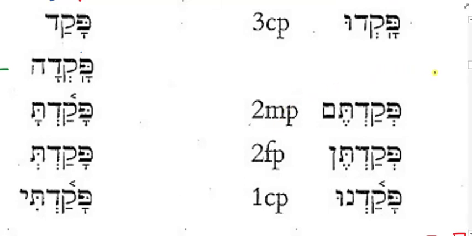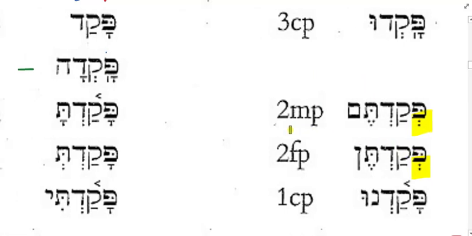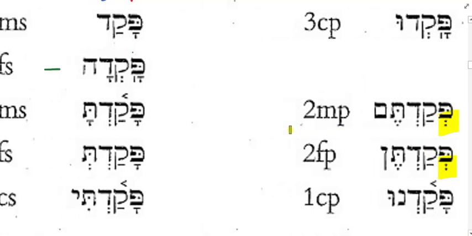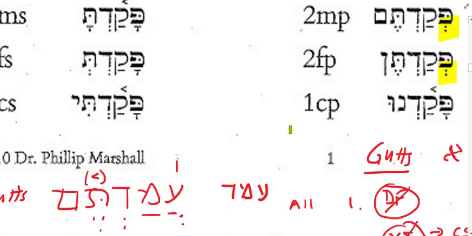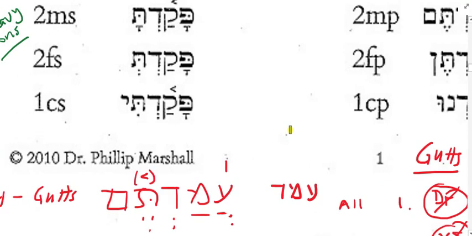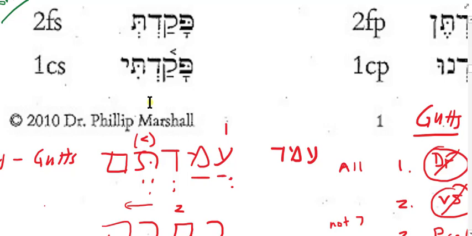Do I have any vocal shevas under root 1? Yes. Where do I see vocal shevas under root 1? Right here. The second masculine plural and the second feminine plural, right? So when I want to say y'all did something, I'm going to have a vocal sheva. So, under normal circumstances, amad would become this. It would be vocal sheva,